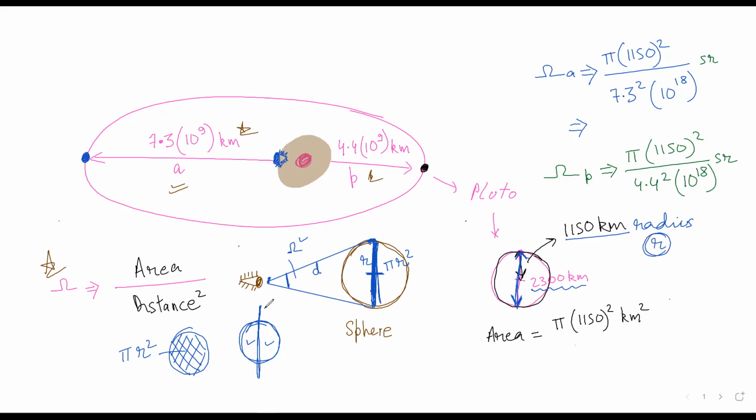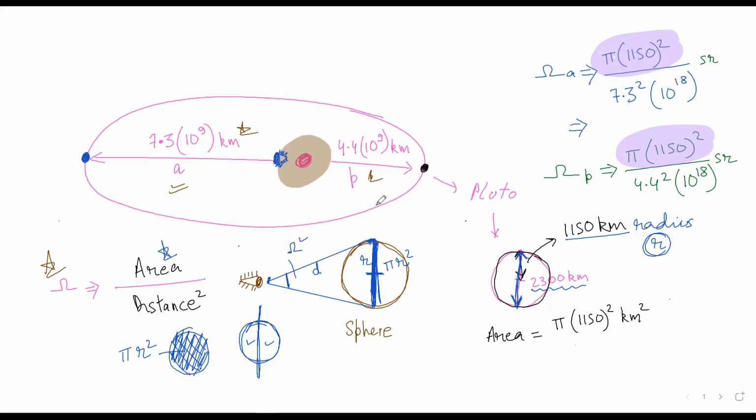So this slice of Pluto would be pi r square, and that pi r square is this area that would be subtended on the eye, and this pi r square is being mentioned here. So this is a pi r square and this is a pi r square. Are we clear, Avantika? Yeah.